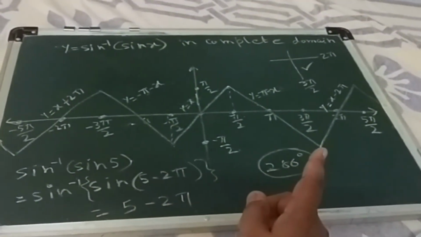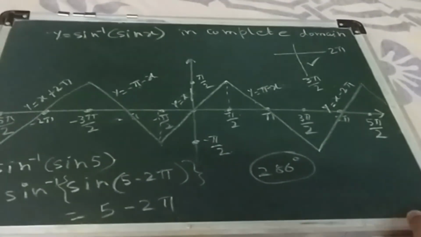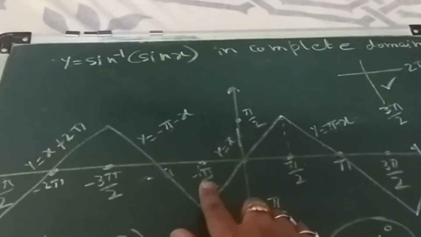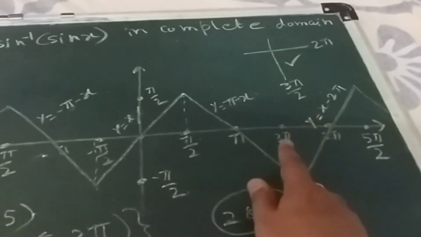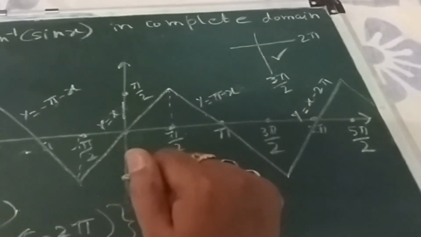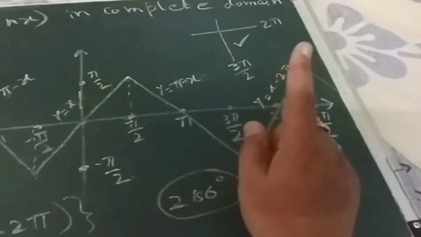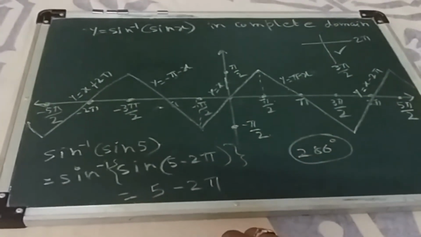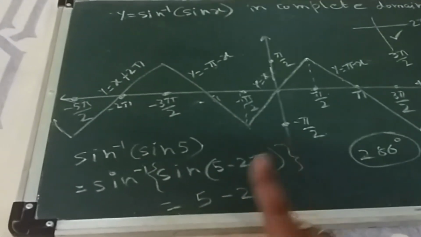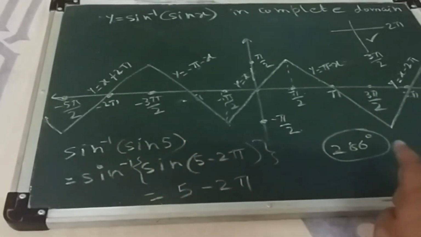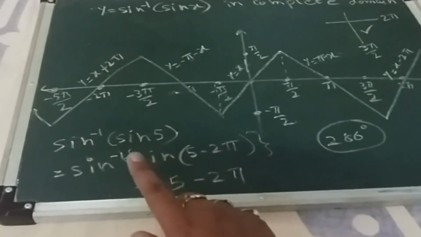Okay, I will upload one photo of this graph. Like there it will be written minus pi by 2 to plus pi by 2, y equal to x; pi by 2 to 3 pi by 2, y equal to pi minus x; then 3 pi by 2 to 5 pi by 2, x minus 2 pi, like that. Their table will be given, you have to learn that table, and following that table you have to solve this. For solving this question you don't have to draw the graph, but these values in the interval you have to remember from the table, and directly you can write this way.